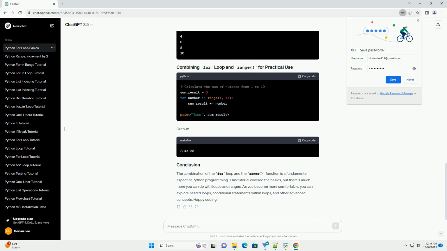In Python, the for loop is a powerful construct used to iterate over a sequence of elements. One common use case is with the range function, which generates a sequence of numbers. This tutorial will guide you through the basics of using the for loop with the range function, providing examples and